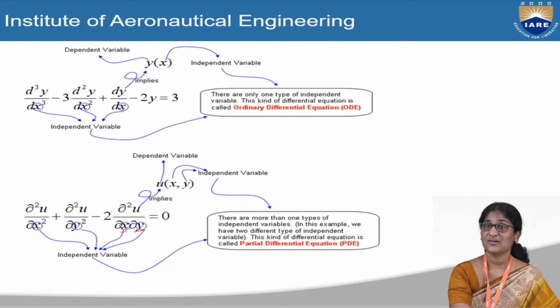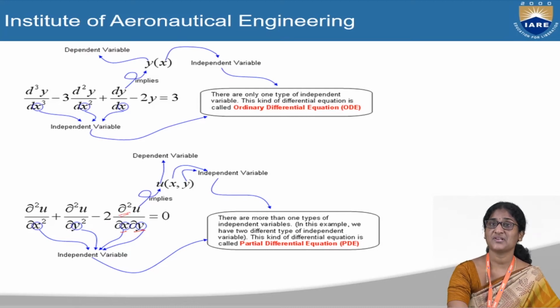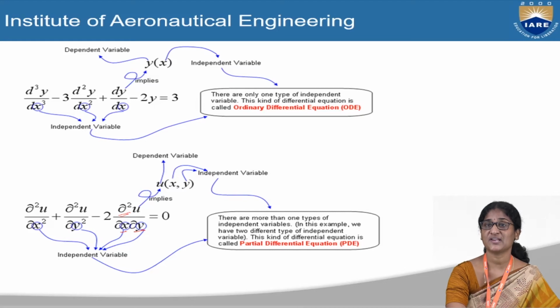So the rate of change of a dependent variable with respect to the independent variable is nothing but the derivative. And here, since you have two independent variables, this is no more an ordinary equation. As long as you have one independent variable, the equation is said to be ordinary, just like the first example. And when you have more than one independent variable, then the differential equation is said to be a partial differential equation. In partial differential equations, we use dou as the derivative symbol instead of small d. And the method of solving partial differential equations also differs from ordinary differential equations.